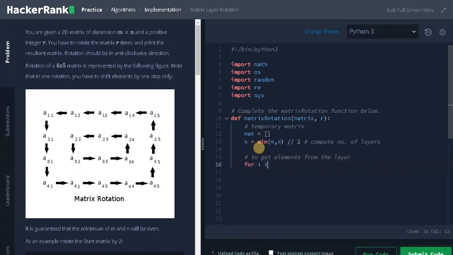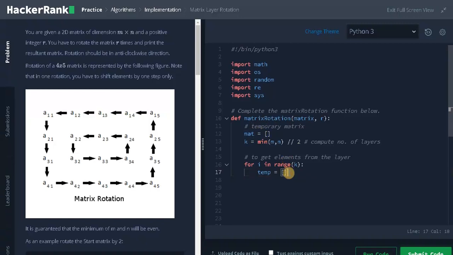For i in range of k, we will initialize a temporary list.